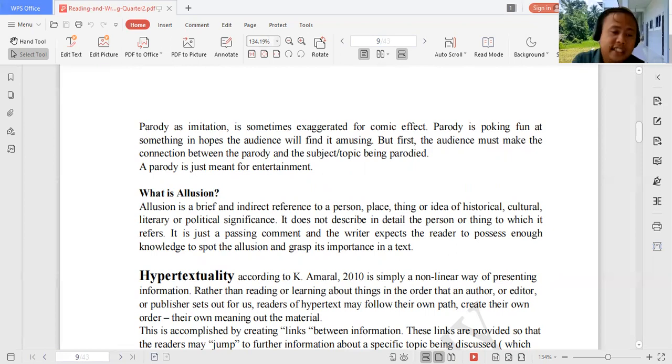Okay, examples of allusions here, guys: number one, don't act like a Scrooge, meaning a reference to A Christmas Carol. Second example: she was a good Samaritan when she helped the older lady. When we say good Samaritan, that refers to the biblical character. You notice when Jesus was so thirsty, he found a Samaritan